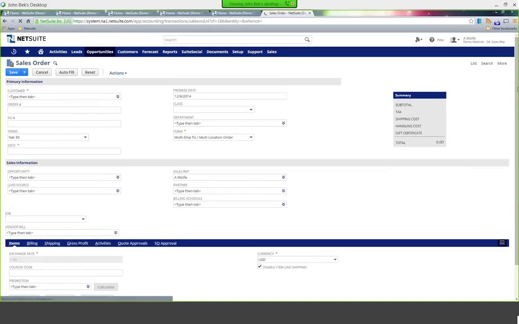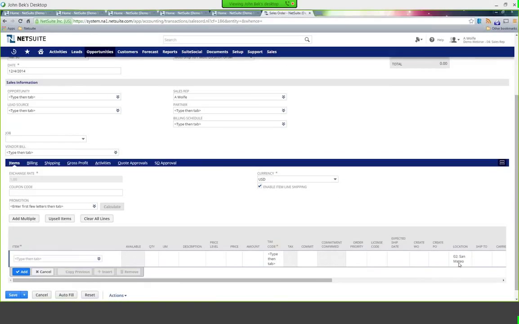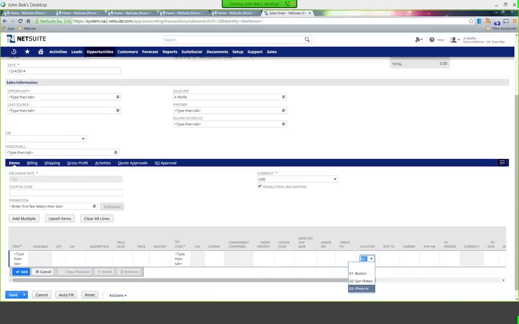So just to briefly show this, not to go through another order necessarily, but you can see by pulling up that form, I can bring down in the lower right, you can say I have location at the line level. So if I needed to, I can enter an order and have it shipped directly from another location, or I could take an order in the system and have it transferred from that location to my location, where it's then cross-docked and shipped over to my customer.